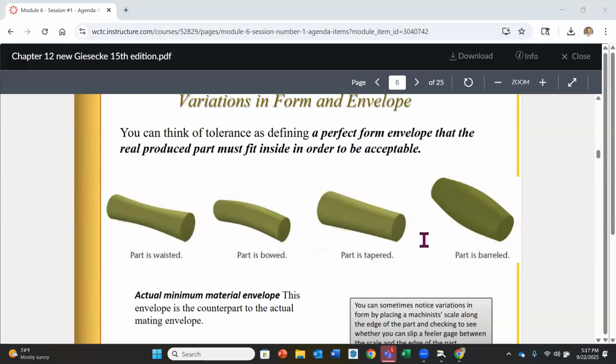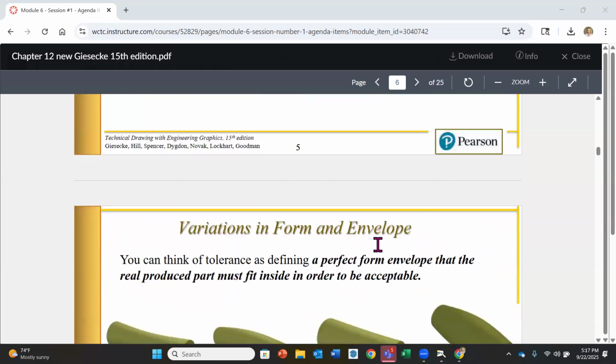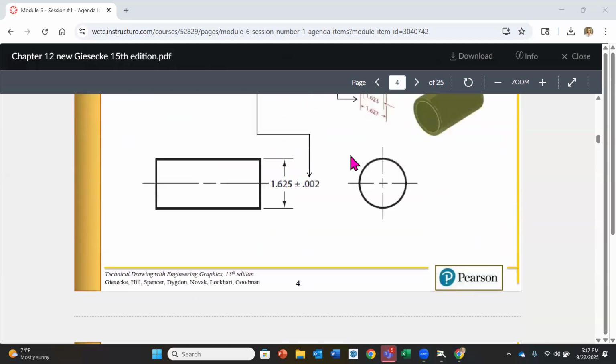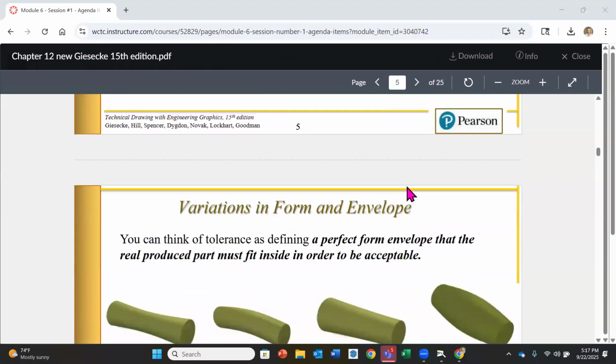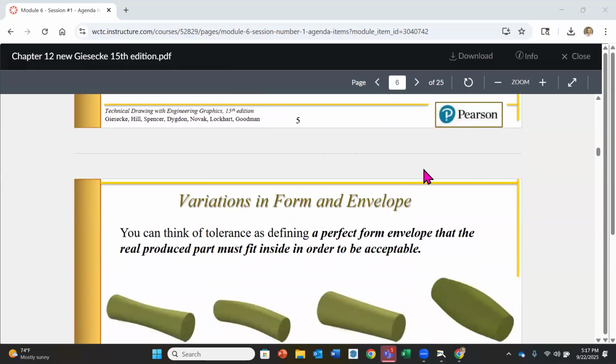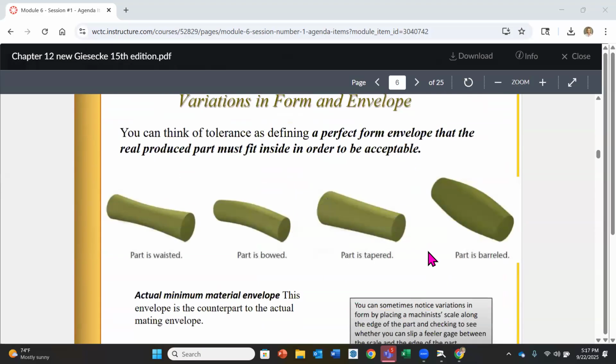Now, these are exaggerated because typically, especially if you're working with plus or minus 2,000s or even plus or minus 5,000s, by the naked eye when you look at something, it still looks pretty darn round, okay? But if you start rolling it on a table, you could probably get the feel for it's not quite perfect. Or if it's inspected with micrometers and calipers, or scanned in the quality department,